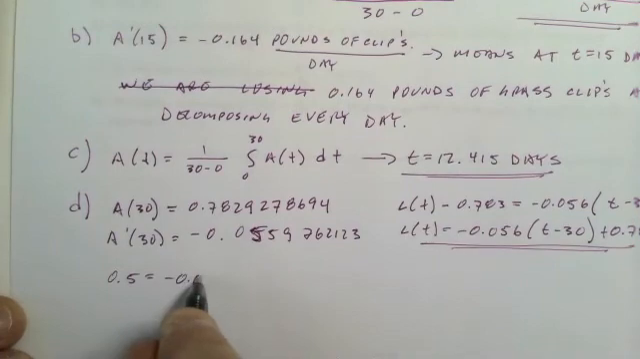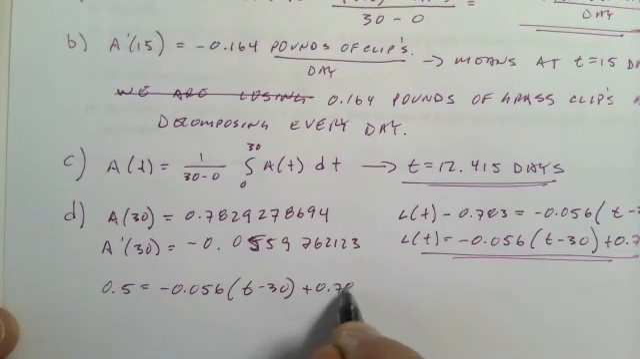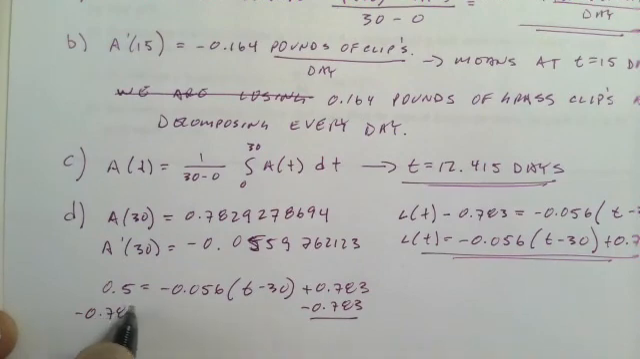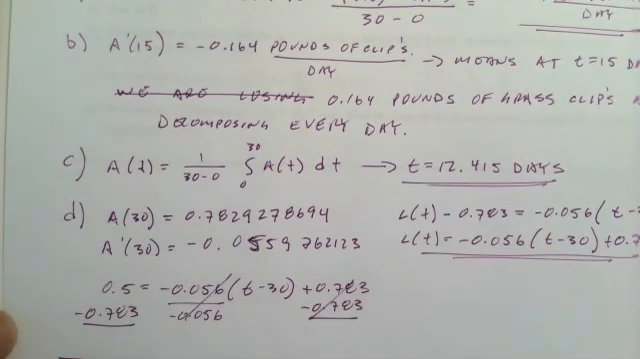0.5 equals negative 0.056 t minus 30 plus 0.783 minus 0.783. Whatever I get, take that, divide by negative 0.056. And then when I'm done, I add 30. So calculator, 5 minus 0.783, negative 0.283 divided by negative 0.056. And I get